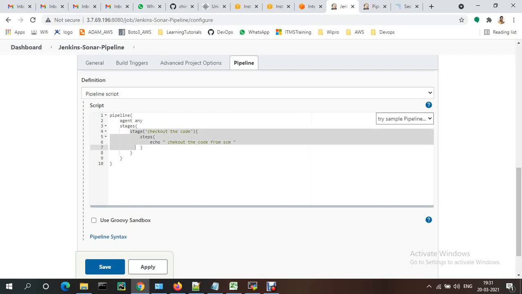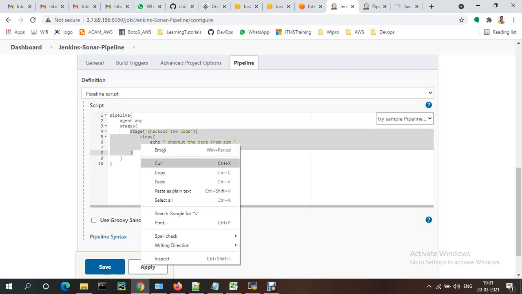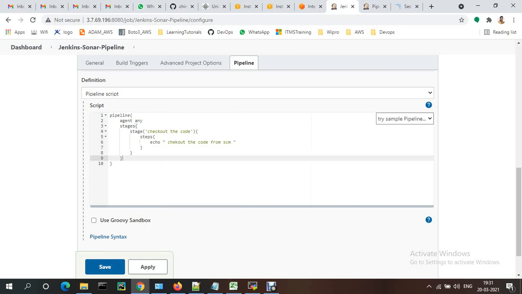Like this you write the stages. Suppose this is one stage, you want to write another stage. The next stage is build the code. Here I'm just writing some echo statement; we will write the exact tools and everything later. Here build the code using maven clean install, something like that.